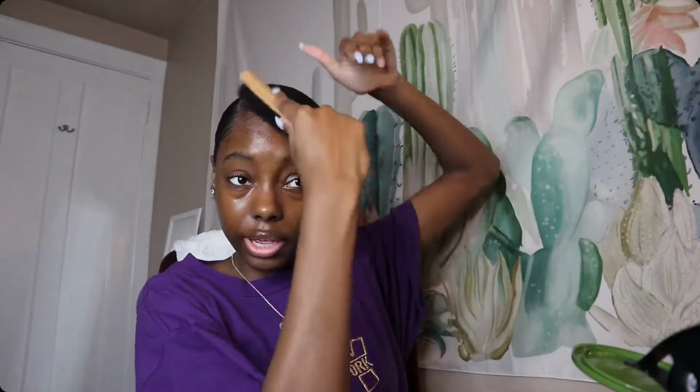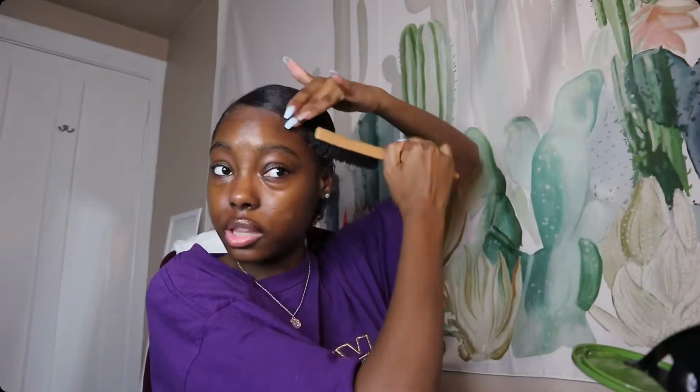Okay, and now I'm gonna take some of the Style Factor Edge Booster and put it on the perimeter part, just a little bit, not all over my head, but just on this part right here and this part, because this will really make my hair stay down, y'all. That's why I was so stuck when I first started this video, because I used it before, and this stuff,